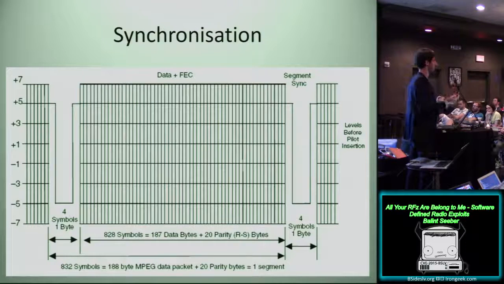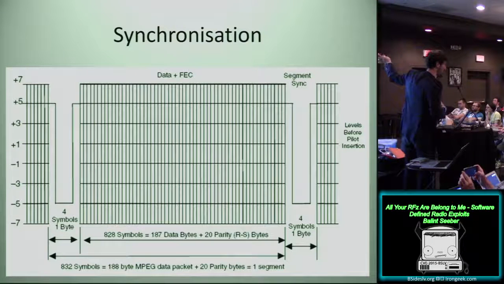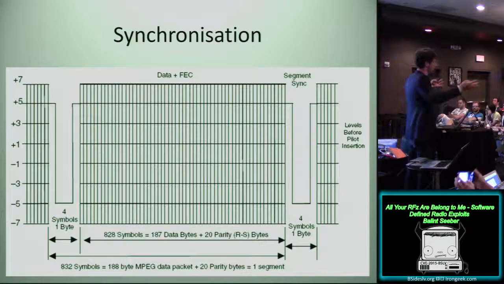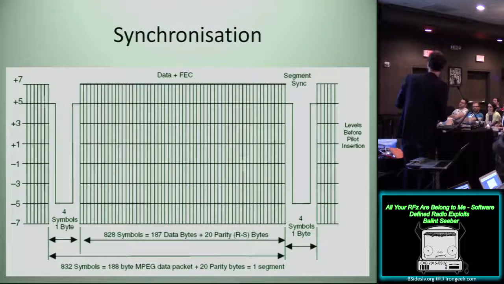Now, as your ATSC signals are transmitted, you get all your data sent, but every so often you need to send a known repeating sequence. Remember how I mentioned that with the autocorrelation? For digital television, you have to have this known sequence because your TV sets have to know how to recognize a digital TV signal. It has to have a known sequence that is defined in the standard. So if it says, oh, this is going to be this long sequence, I can lock onto it. This is going to be the beginning of the stream from this point, and I'm just going to keep receiving from there. So every so often in your ATSC signal, there's going to be this sync segment, but more importantly,